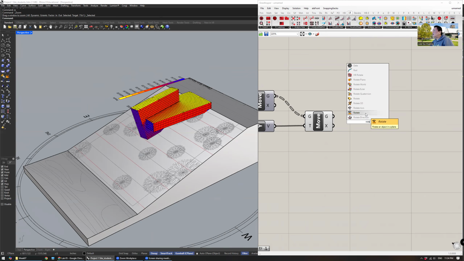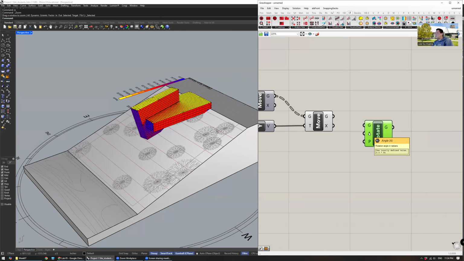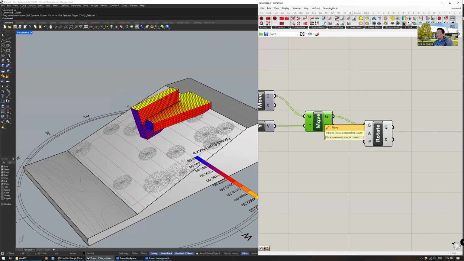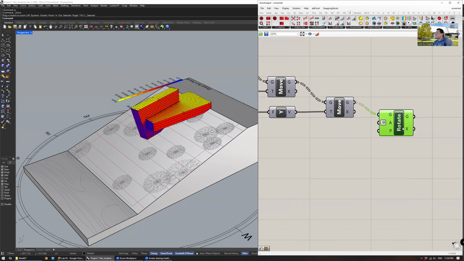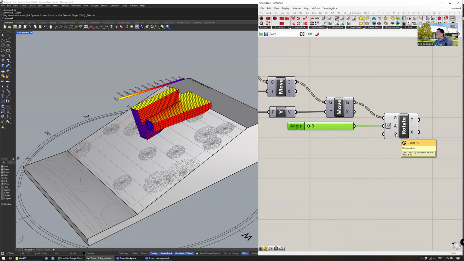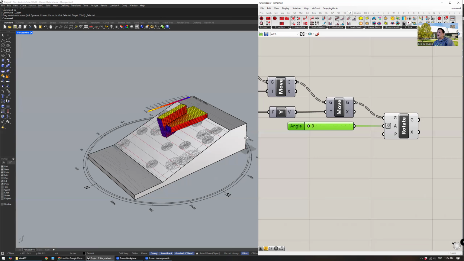Rotate object in the plane, GAP, so G axis should be, this is the rotation angle, this should be XY plane, right? So geometry, rotation angle, right click, degrees, and then 0 smaller than 180. There, right? I can use this world XY, but